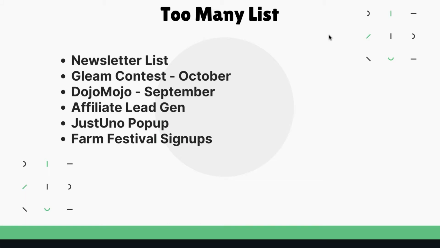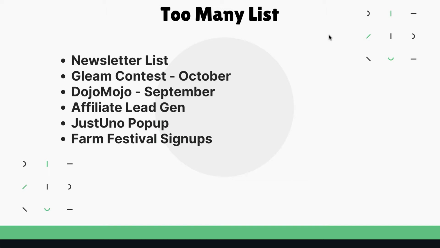One thing that I see a lot, especially in a lot of my client accounts before I start working with them, is that they have many different lists in their account. So they'll have a list for their main newsletter. Then they'll have a list for their contest. Every contest that they run has a separate list. Maybe they're using Dojo Mojo, and then they have a list for that, the September contest. Then they have a list for their affiliates, and then they have a list because